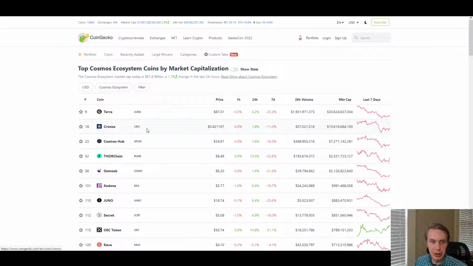But then Kronos, also affiliated with, or really the chain connected to Crypto.com, is another one that's gotten a lot of value locked on it in DeFi. And I'm going to talk about DeFi here in a second. In fact, these two chains are actually valued higher than Atom itself, the Cosmos chain itself, which is notable